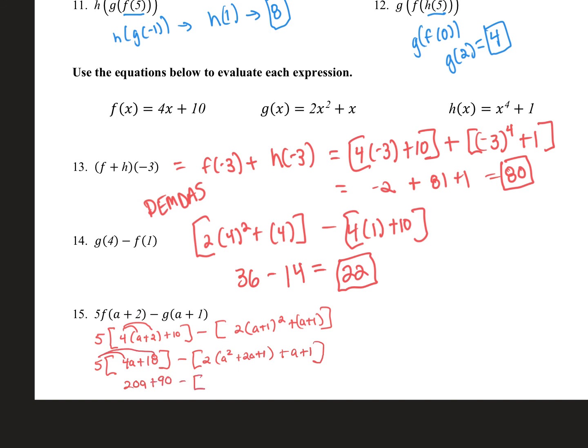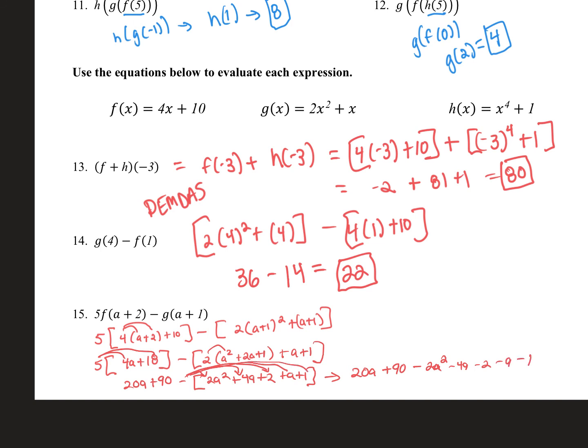Minus, now on the inside I've got to distribute, so that's 2a squared plus 4a plus 2 plus a plus 1. Let's clean that up. So we've got 20a plus 90 minus 2a squared. I'm just distributing this minus sign. Minus 4a minus 2 minus a